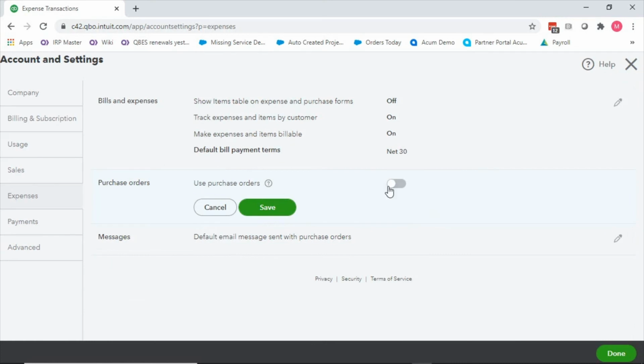Now down below here, we say, are we going to use purchase orders? Yes or no. So why would you use purchase orders? If you have multiple people in your business, if you ever feel like taking a vacation, if you choose not to try to keep everything in your brain, purchase orders are great. Okay, so let's say that you are in the construction industry and you ask a subcontractor to come in and do some work for you. Throw a purchase order in there. It's just a reminder. What did we talk about?